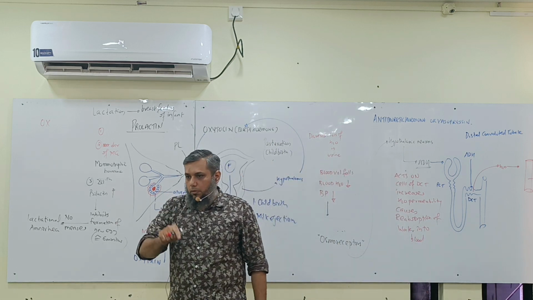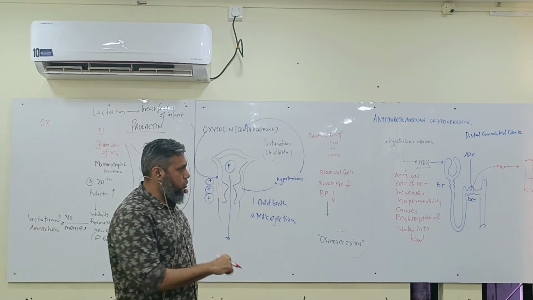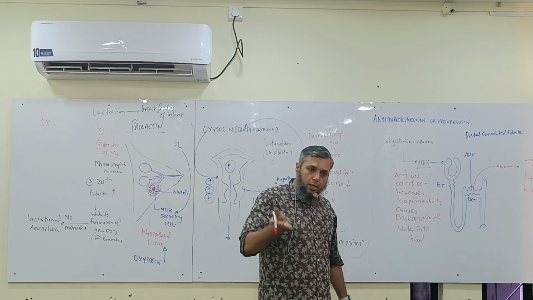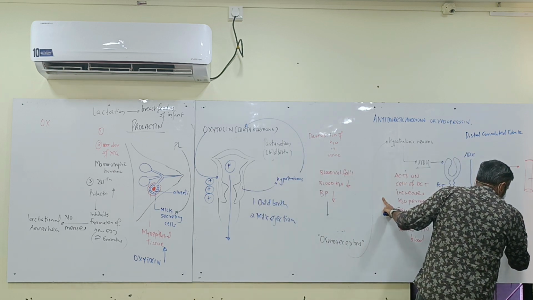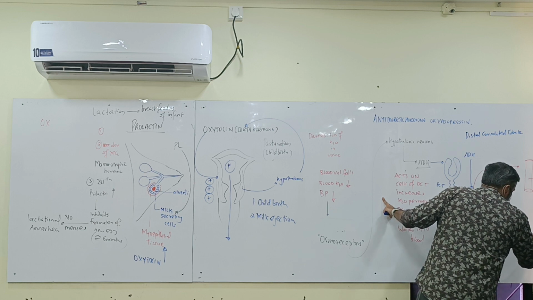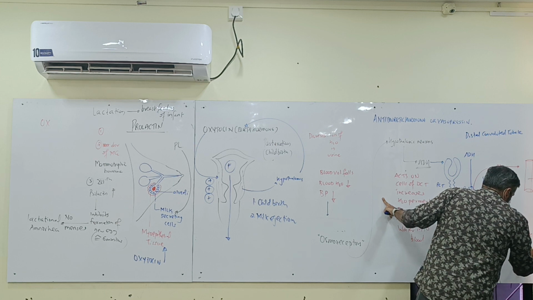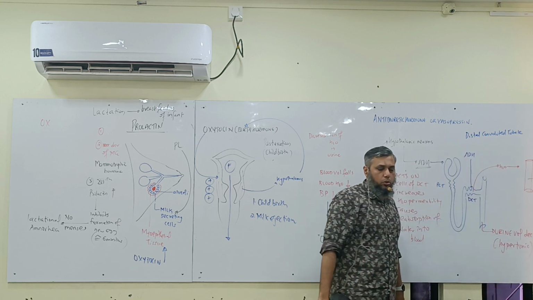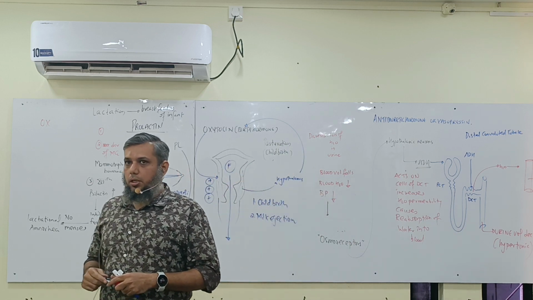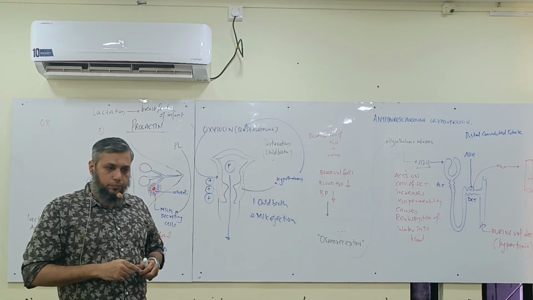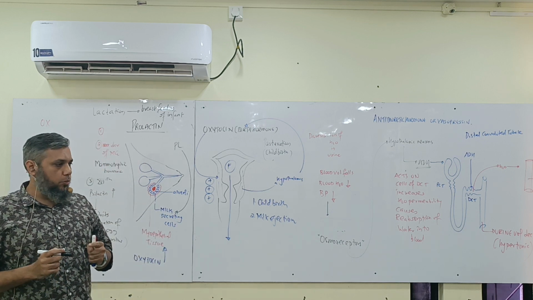Now the water will not go into the urine, it will go into the blood. So slowly what will happen? Blood water volume will increase. But don't you think your urine volume will decrease and your urine will become concentrated? That is a hypertonic urine. So is it for the loss of water or against the loss of water? That is why it is called antidiuretic hormone.